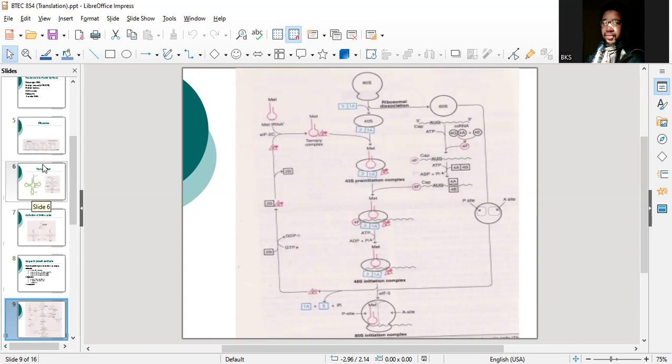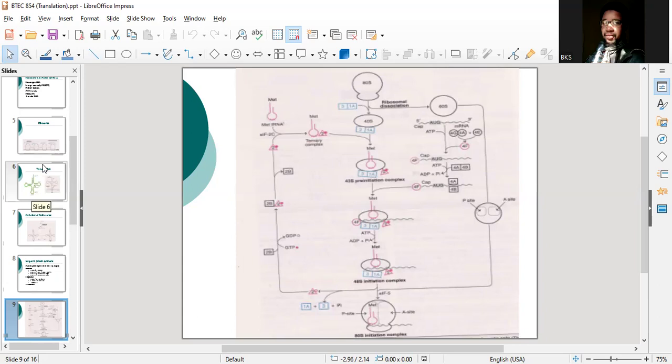In the case of prokaryotes, the Shine-Dalgarno sequence is the sequence instead of the Kozak consensus sequence. So that leads to formation of the 48S initiation complex. And the next thing now is binding of this 48S initiation complex to the 60S ribosomal subunit. And that leads to the release of eukaryotic initiation factors 3, 1A, etc., including eukaryotic initiation factor 2, which is bonded to GTP. But before the release, there is hydrolysis of the GTP leading to GDP, and then the